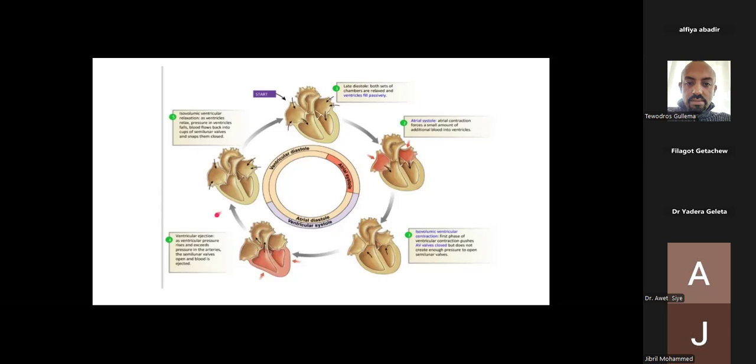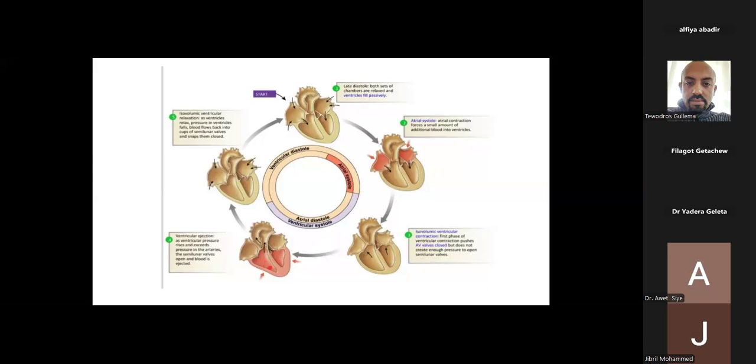In this picture, there is a so-called slow ejection phase that is not shown. In the slow ejection phase, the ventricle is still contracting, but the rate of flow of blood to the great arteries is slow. This is another phase, but generally it is called the ejection phase of the ventricular system.